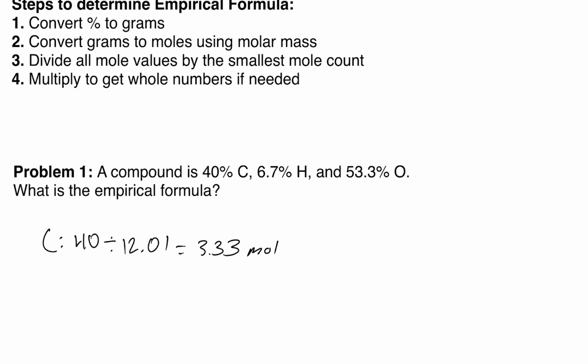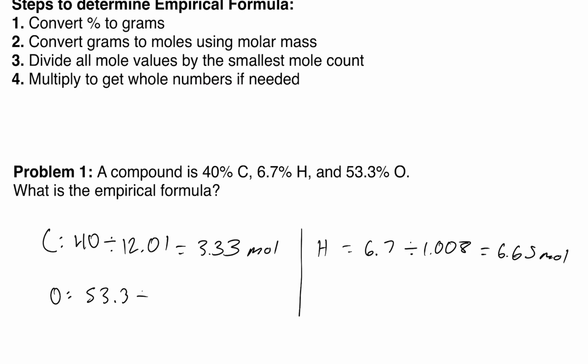For the hydrogen, it's 6.7%, so we're going to assume 6.7 grams. It's going to be equal to 6.7 divided by 1.008. You can write 1.01, it doesn't matter. And that's going to equal 6.65 moles. And then our last one is oxygen, which is 53.3. It's going to be divided by 16 grams per mole, and it's going to be equal to